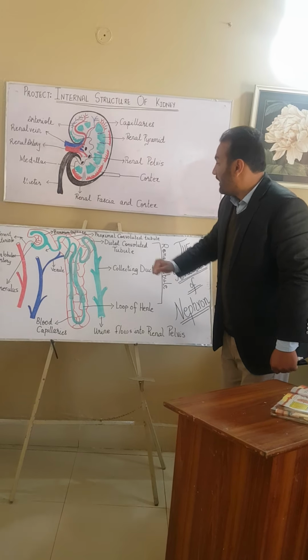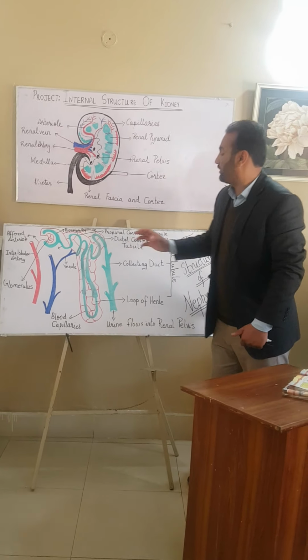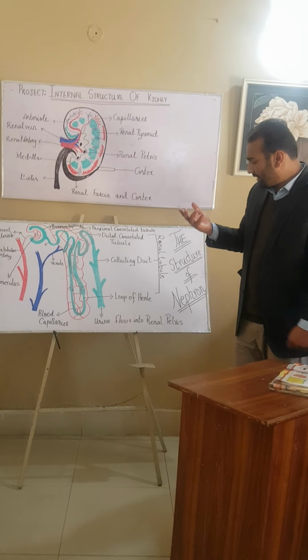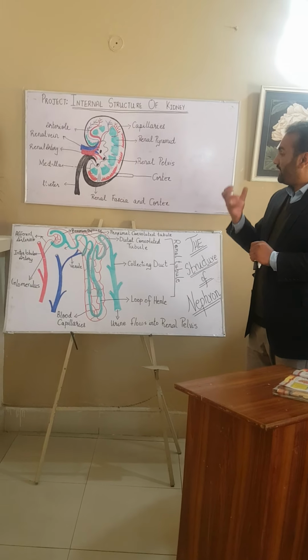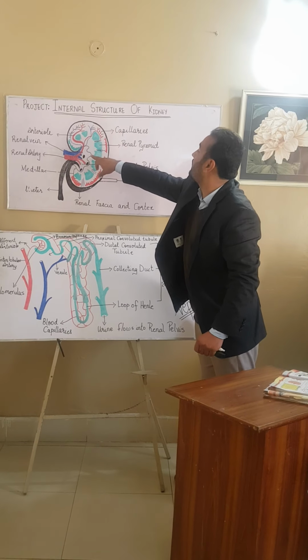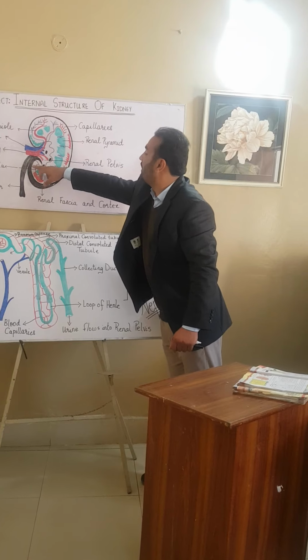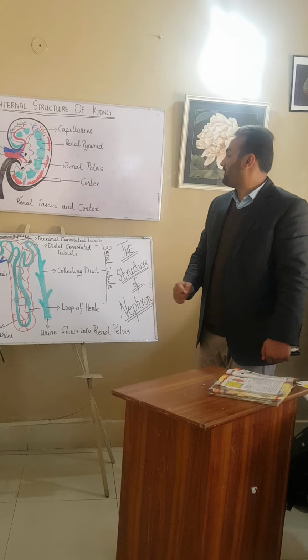Here, the renal tubule is responsible for the absorption of useful substances from the glomerulus filtrate. Whatever useful substances are present in the glomerulus filtrate, such as glucose, water, ions, and other material, are reabsorbed and enter into the blood capillaries. Finally, the remaining waste material is passed into the collecting duct and collected inside the pelvis region. From the pelvis region, the urine is passed into the urinary bladder through the ureter. This is the internal structure of kidney.